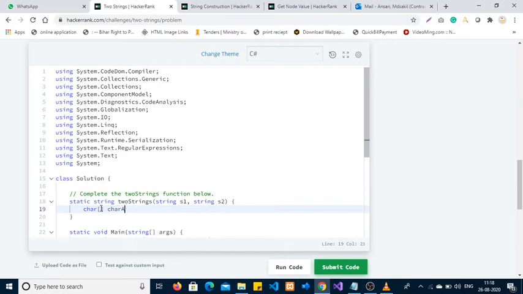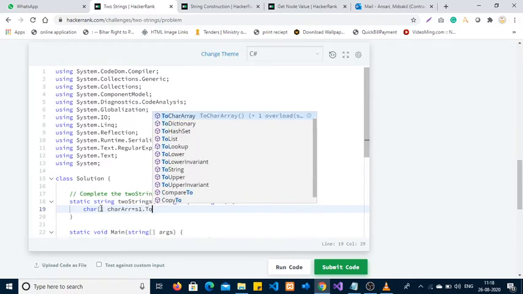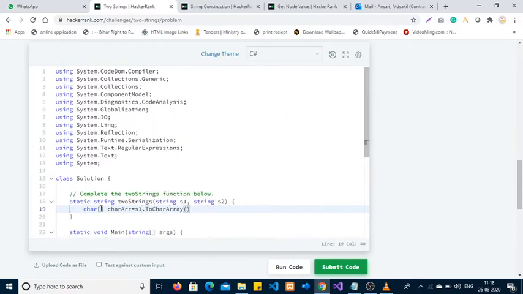I am naming it char array, and I am converting s1 into a character array, so that I can iterate over each character and find it in the other string, that is s2. You may choose either string for the character array, and check if it contains the other string's elements or not.